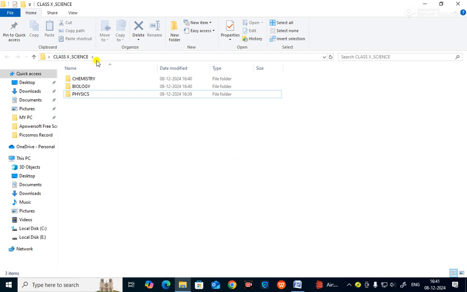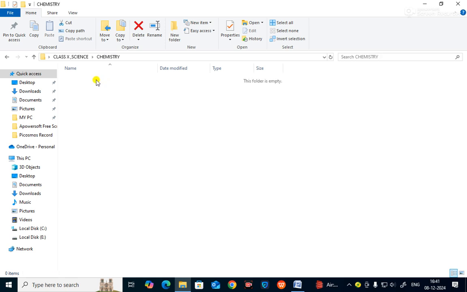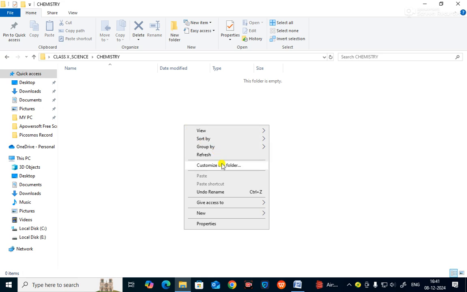After that, you have to divide the chapters into different lessons, right? Suppose you are going to do it for chemistry. This is the class 10 science, and this is chemistry. In chemistry also you can make folders, right? Like we are making folders here. You see here,